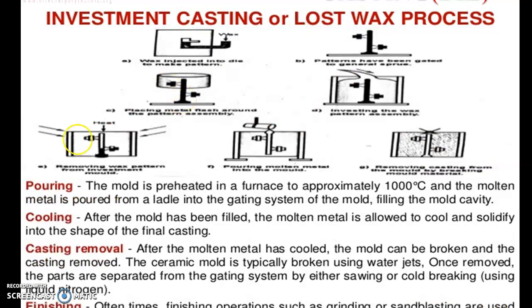and allowed to solidify, this is named the investment. After that, we heat these molds again. Due to the heat, the thermoplastic and wax come out, forming a cavity inside the mold. And thereafter, we pour the molten metal into this mold. You pre-sinter it at around 1000 degrees Celsius, and when this mold is cooling to between 900 and 700 degrees Celsius, then we pour the molten metal into it for the final casting.